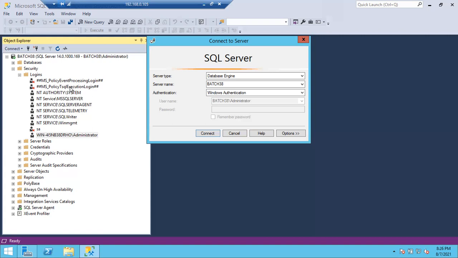Right, so now authorization means having access on SQL server is called authorization. Authentication means the process of verifying the username and password is called authentication. If you choose Windows authentication or SQL server authentication, their main motto is only one thing: whether you are giving a correct username and password or not. Authentication will simply verify your username and password. Authorization will verify whether you are an authorized person to access the resource or not.